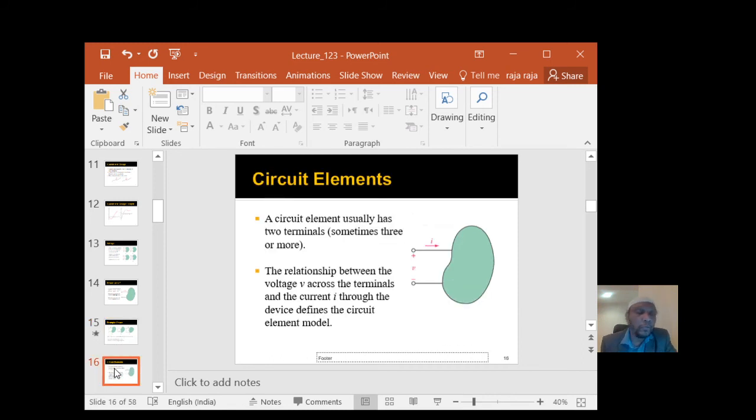Next one is, what is the meaning of circuit element? The circuit element in electrical engineering has two terminals, and now three terminal elements are also available in the market, even four. The relationship between the voltage V across the element and the current I through the device defines the circuit element model. So what does the circuit element model mean? The relationship between the voltage across the element and the current flowing through the element is called the circuit element model. Okay. Next one,